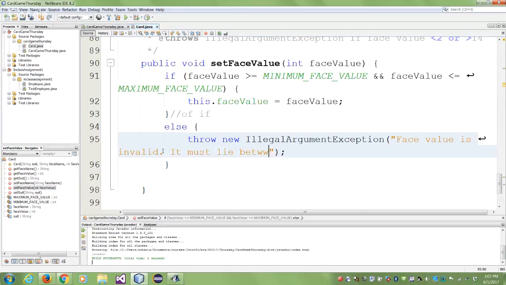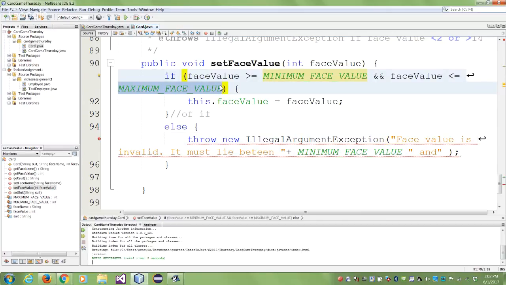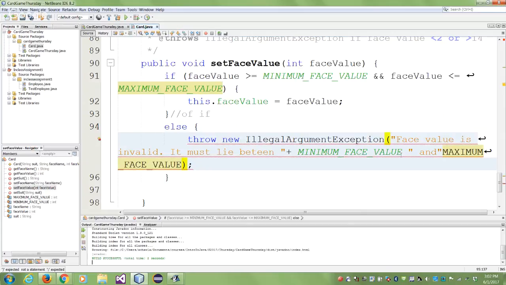It just needs a string, right? So I'm still continuing. It must lie between. You can show the minimum face value here because it's a string. I'll have to go plus and the maximum face value. So when you see the error, you don't repeat. So notice how I'm using my constants even in my error messages. I don't use the 2 and 14 anywhere. And that's the beauty of